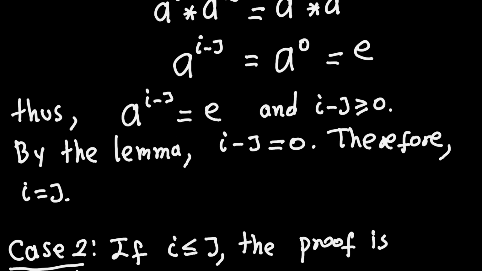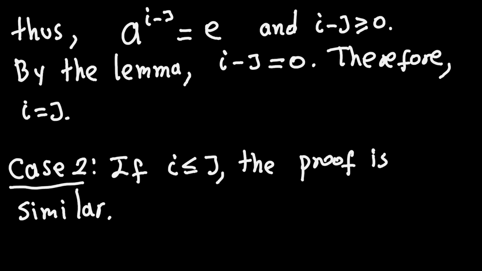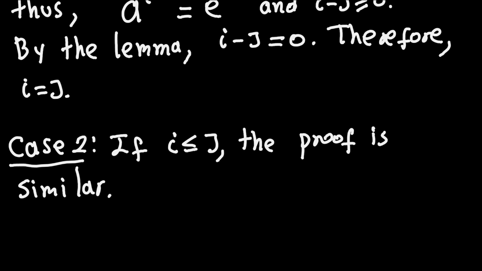Now what happens in the other case? When i is less than or equal to j, you can imagine that the proof is going to be similar. So if i is less than or equal to j, what you're going to do in that case is, I'm going to write it down here, you're going to start on both sides,